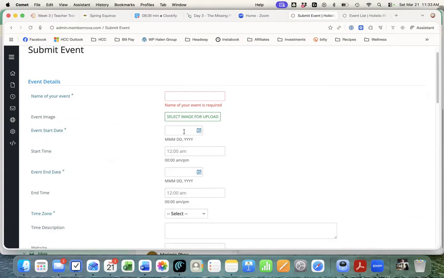All right, event start date. When is it starting? Start time. When does the event end? Now, an event is something that has a clear start and stop time. If you're doing like a